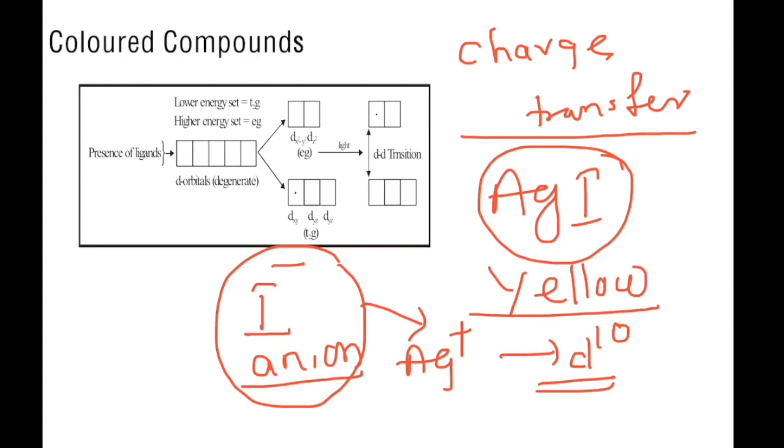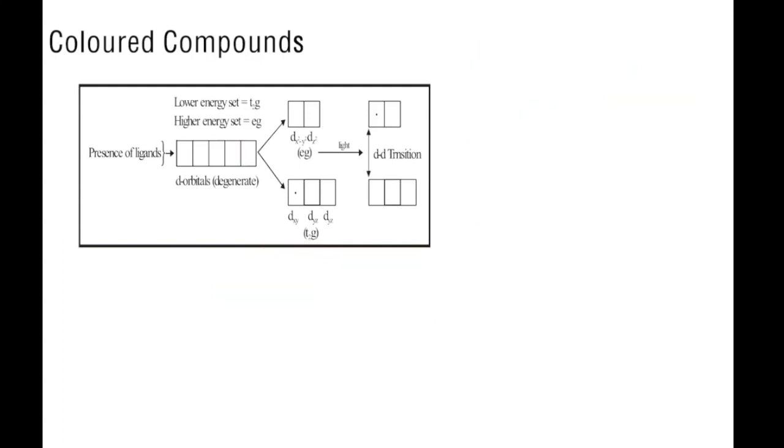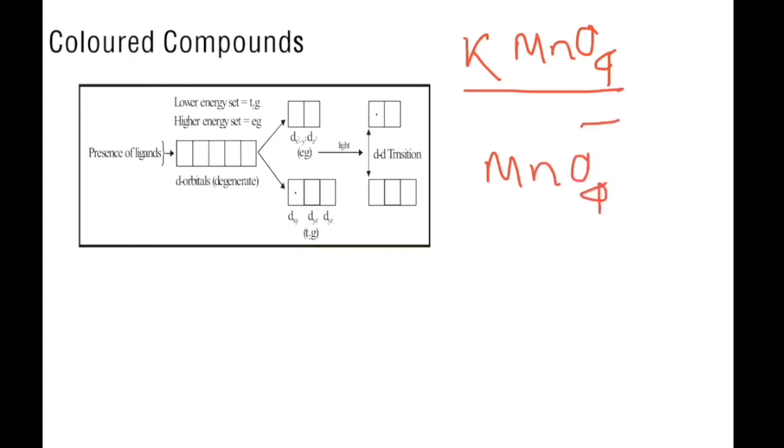Take another example. Potassium permanganate. In potassium permanganate, MnO4 minus, the manganese is in the +7 state. Still, the color is pink. The pink color of MnO4 minus is mainly due to